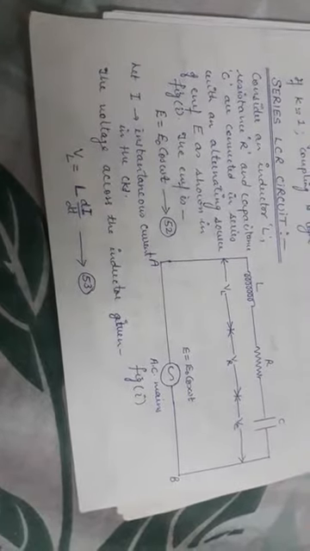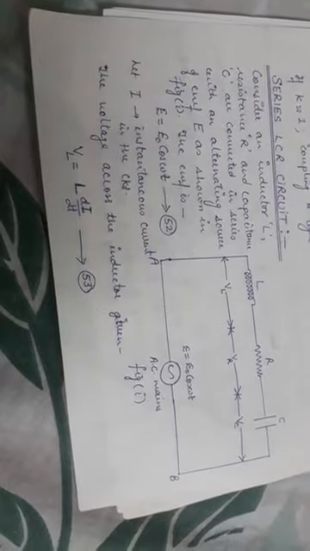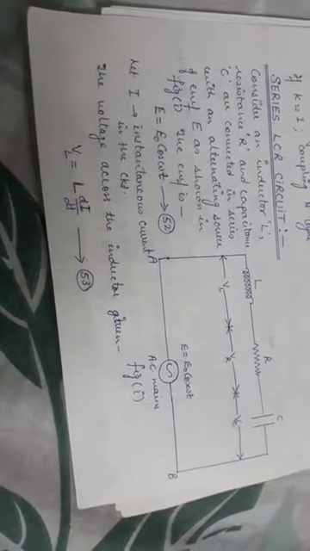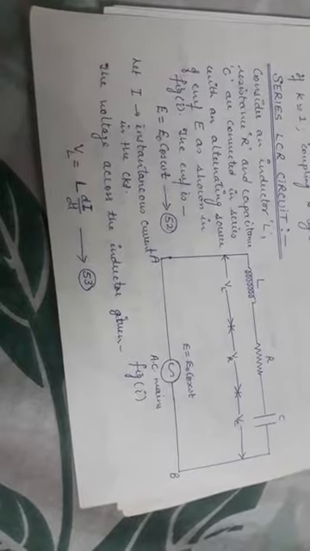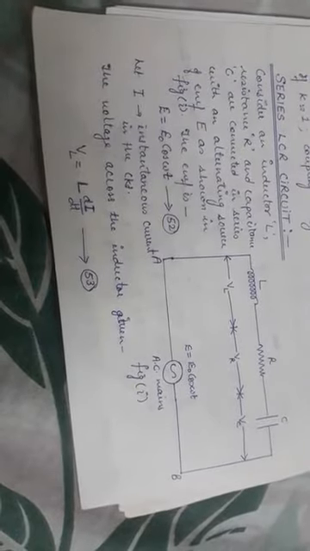See, what is an LCR series circuit, in which an inductance coil L, capacitor C and resistance R are connected in series to the external AC supply source, that is E equal to E naught cos omega t. So as you can see from the diagram, I have connected inductance coil L, resistance R and a capacitor C across the external AC mains, which is giving a voltage E equal to E naught cos omega t. Let this AC mains be sending a current I in the circuit.